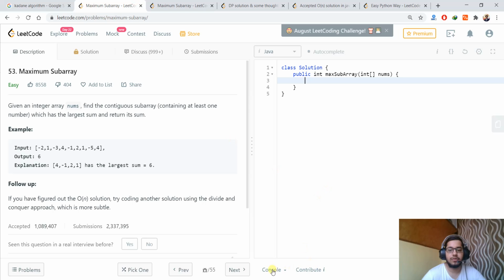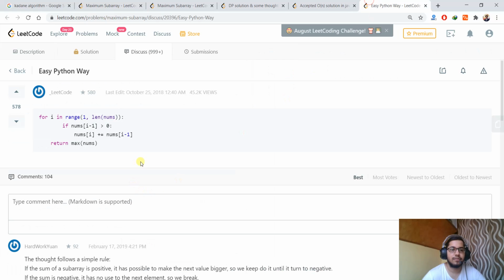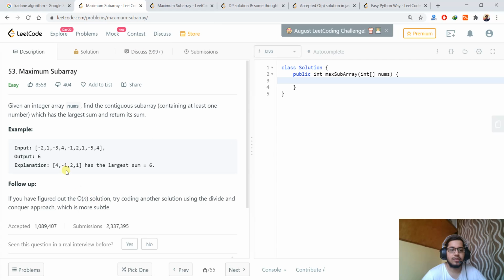In this what they have done is they have added the previous value to the current value if the previous is greater than 0. This is valid because if the previous is negative and we add it to the current value, the result will be less than what it was. In this way we can change the values, and then finally we'll take the maximum of all the values.